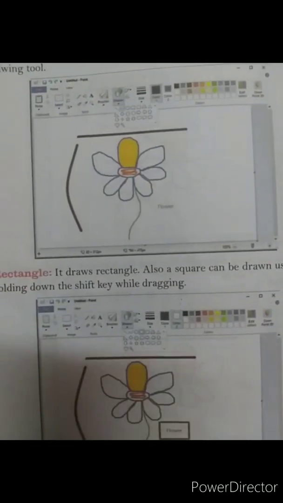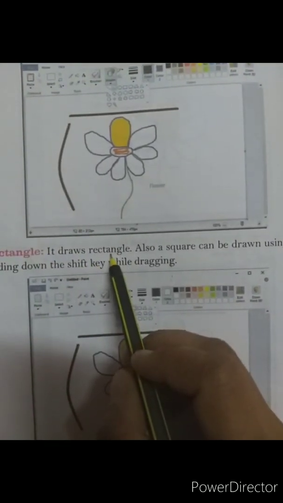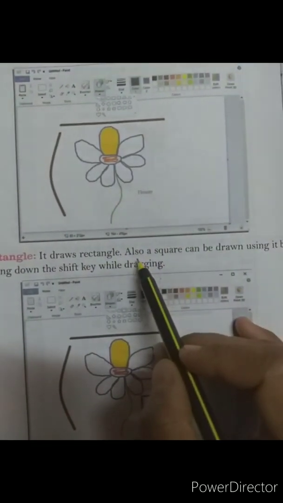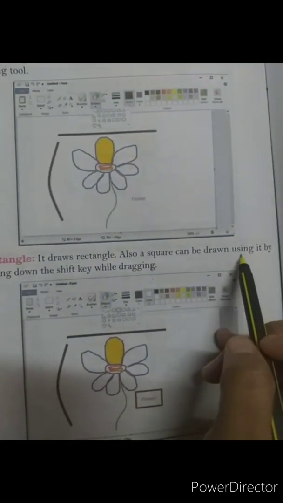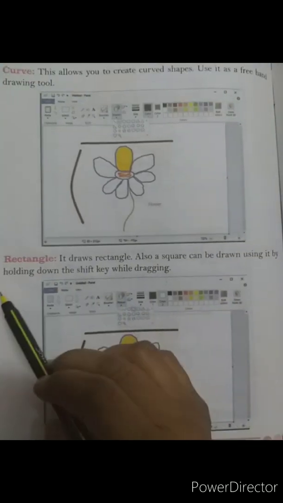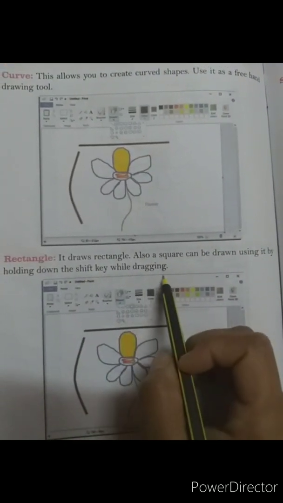Rectangle. This draws a rectangle. Also, a square can be drawn using it by holding down the shift key while dragging.